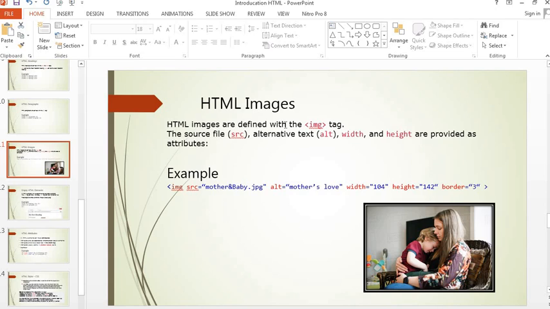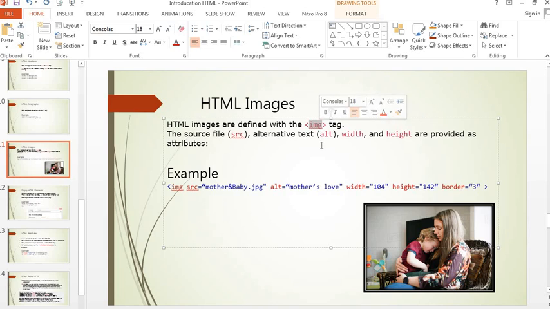An image is defined by a simple word called the img tag. The source file: you have to write another name after the image. After typing img, you write src, that's the source file, where the file is located, within